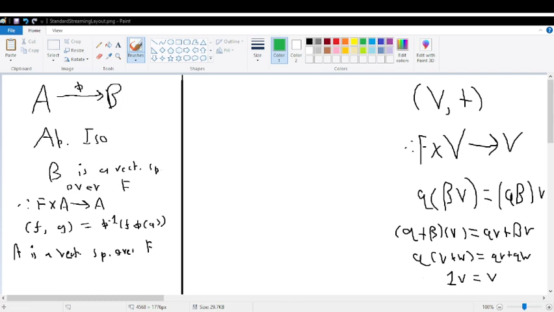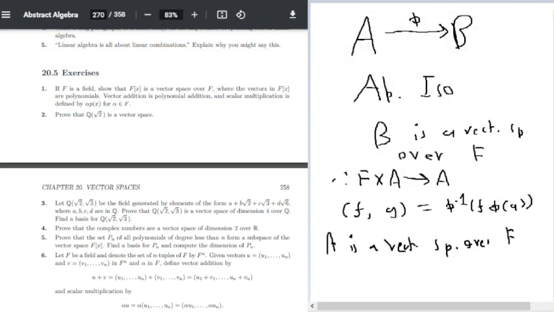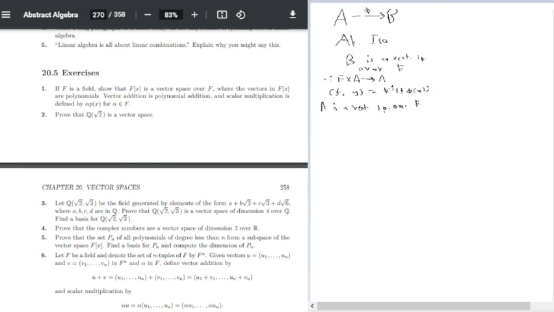So let's use this to prove, let's go back to the standard textbook and actually prove this. So A is a vector space over Q. Alright, so we take this over, I'll keep this in the corner. So we want to define an abelian group